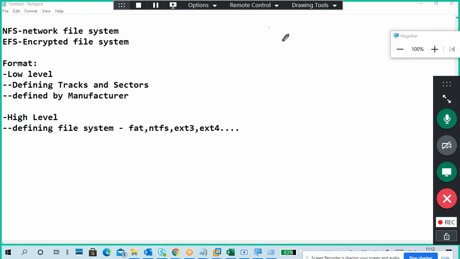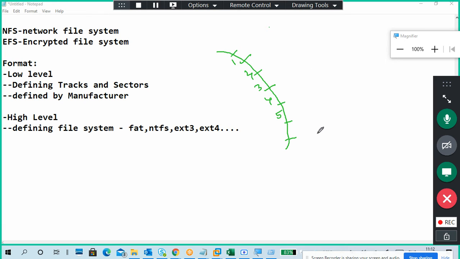Another important point is, when I draw a track and mark sectors on the track, each one is 512 byte size. This is sector 1, sector 2, sector 3, sector 4, sector 5. Each sector has a number.